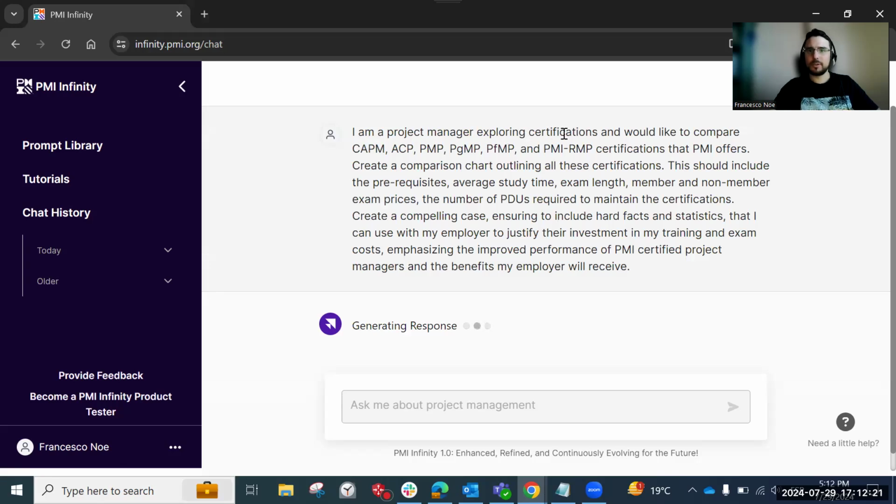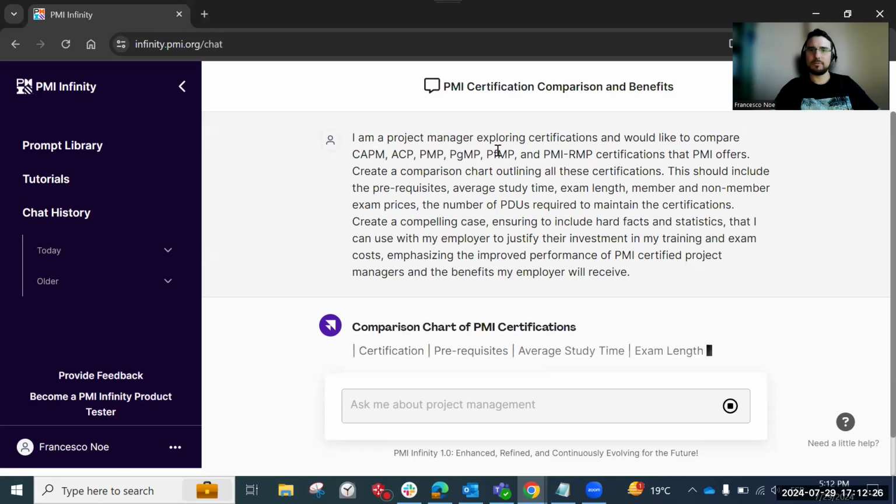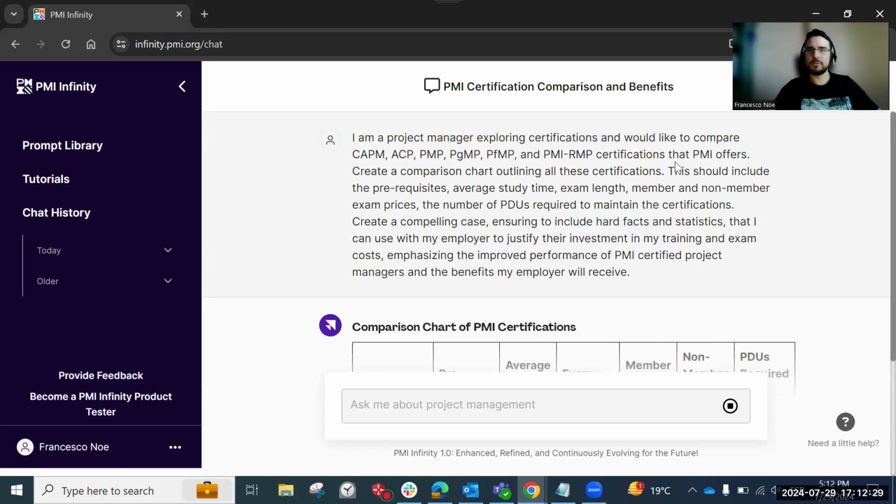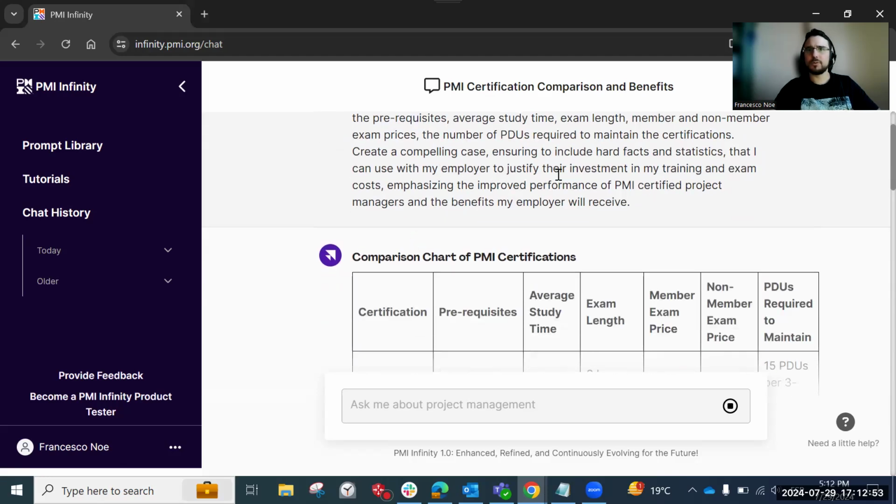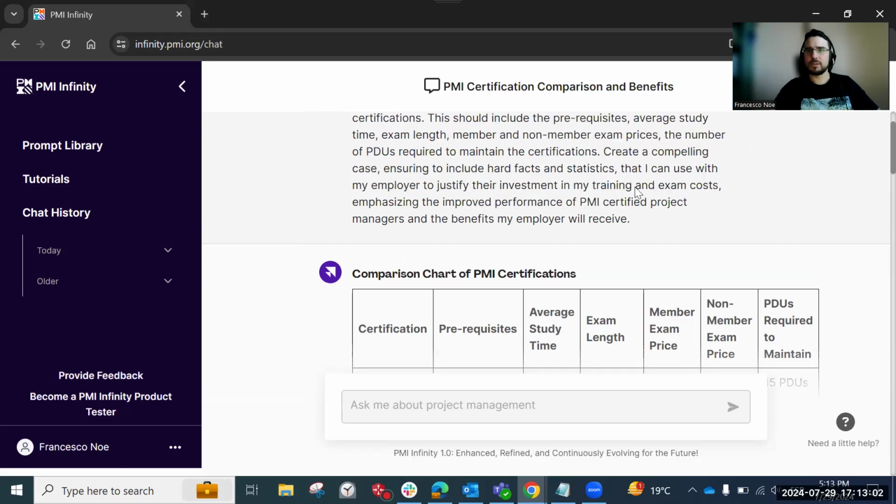I am a project manager exploring certification and would like to compare CAPM, ICP, PMP, PgMP, PfMP, and PMI-RMP certifications that PMI offers. Create a comparison chart outlining all these certifications. This should include the prerequisites, average study time, exam length, member and non-member exam prices, and the number of PDUs required to maintain the certifications. Create a compelling case, ensuring to include hard facts and statistics that I can use with my employer to justify their investment